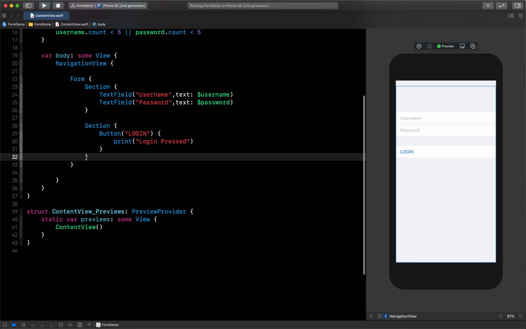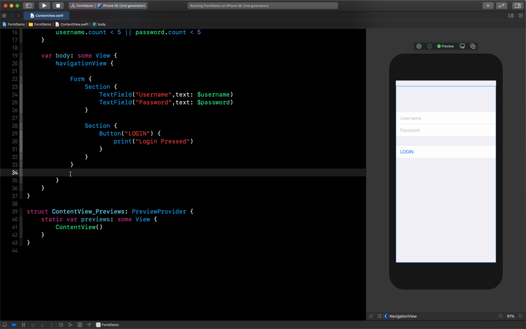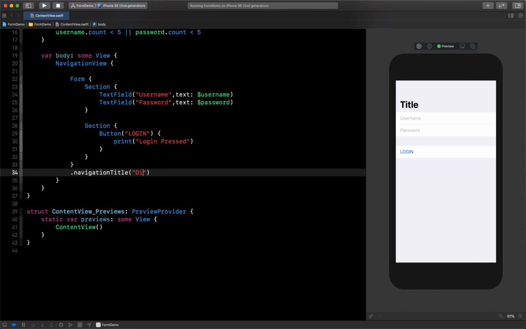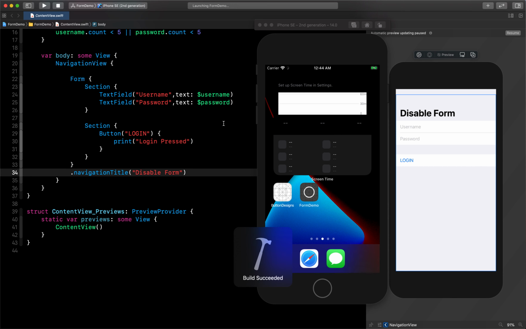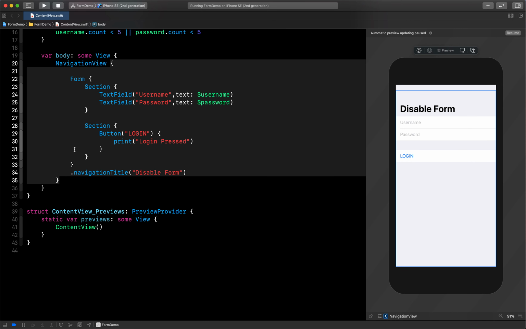So for that I need to come here at the very end, and here I have to give the title as navigation title. So you can see it is reflecting here. Let's run it again. Title you should always give here inside the navigation view braces. Here you have to give the navigation title, or if you want to give buttons on your navigation, so navigation bar items you can pass here.